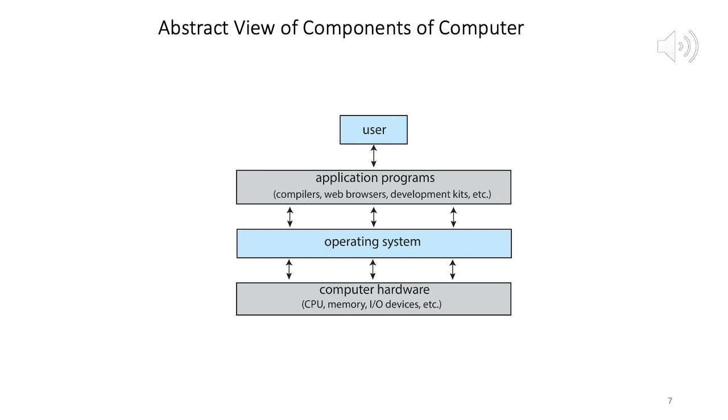Okay, so now I am on slide 7, which shows an abstract view of various components of a computer. Okay, so it says abstract view because a lot of detail is being hidden, right? So we'll cover a lot of that later. So you can see at the lowest layer you've got the hardware, right, on which your applications directly run: CPU, memory, I/O devices. And then you have the OS sitting in between, and then you've got the application programs, your compilers, web browsers, all kinds of applications you have, hundreds, thousands of them, and then on the top you have users.